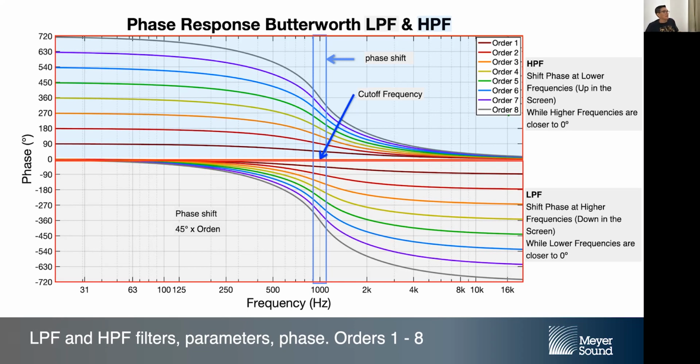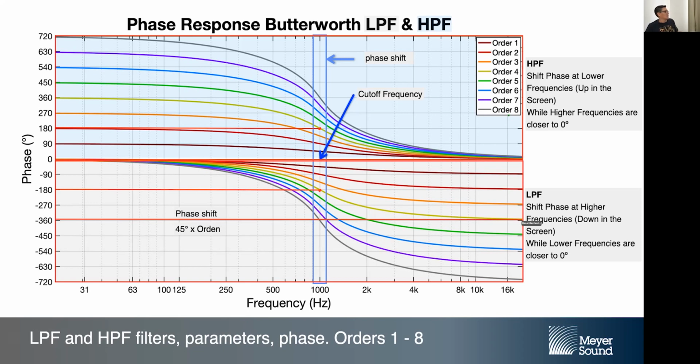What I mean is, if I'm using order number 4 for the high pass filter and order number 4 for the low pass filter, we can see that the phase shift is going to be 180 degrees for the fourth order over here and 180 degrees for the fourth order over here. And we're going to be ending with 2 times that number,